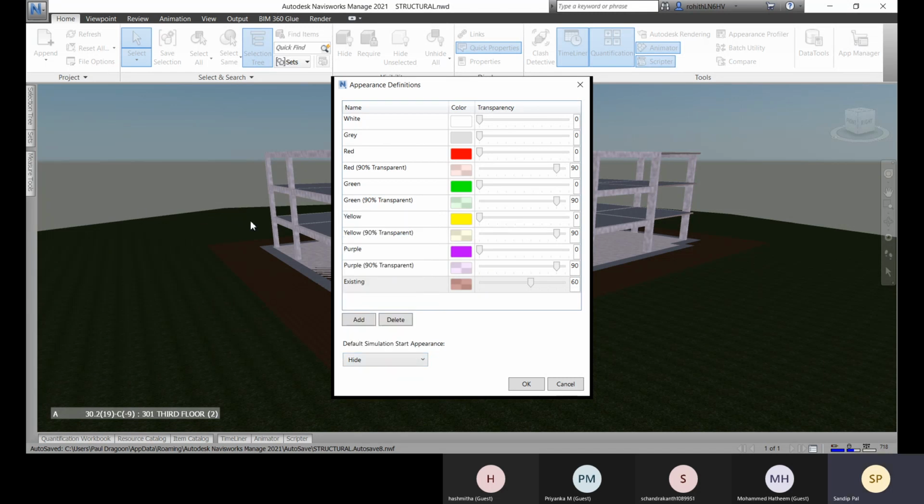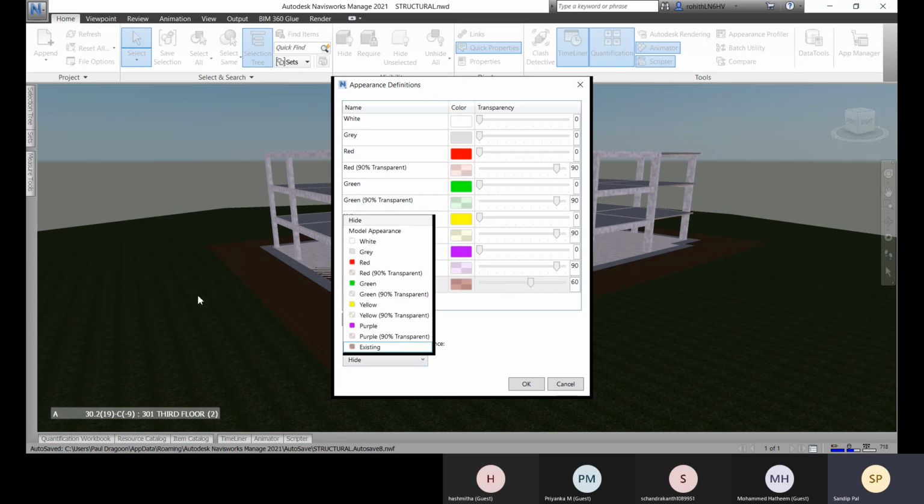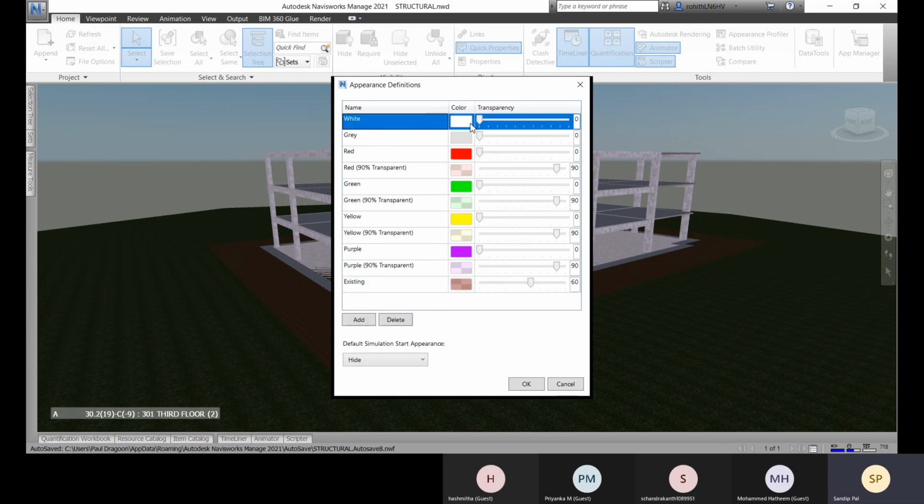But it's better that it is hidden. It will be hidden for all the task types. It is not like you can set it for each appearance type. It will be applicable for all. So it's better that it is hidden at the beginning. You have nothing and then you start growing it. It's like that.